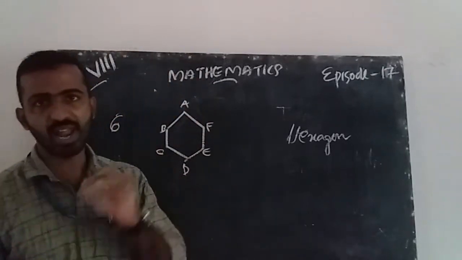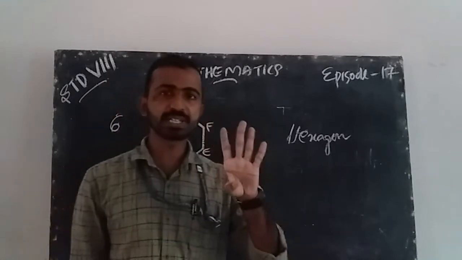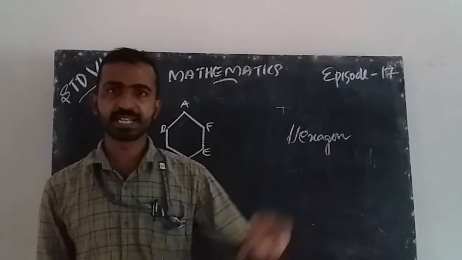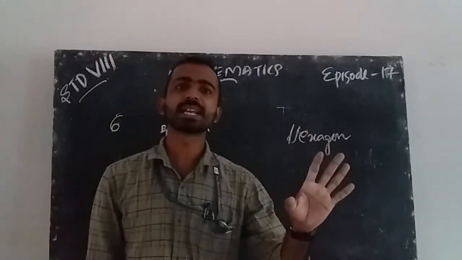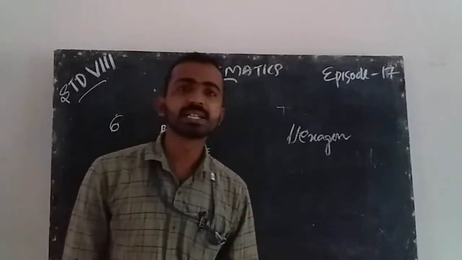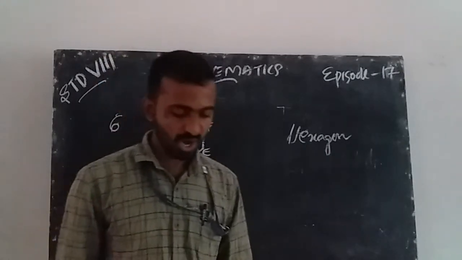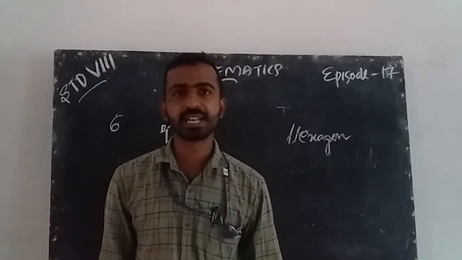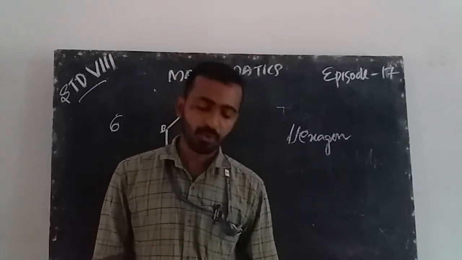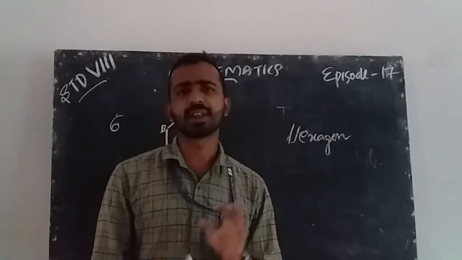First, a triangle has 3 vertices, 4 vertices is a quadrilateral, 5 is a pentagon, 6 is a hexagon, 7 is a heptagon, 8 is an octagon, and 9 is what? 9 is a nonagon, and 10 is a decagon. If a polygon has n sides, we call it an n-agon. And next we are going to discuss diagonals.